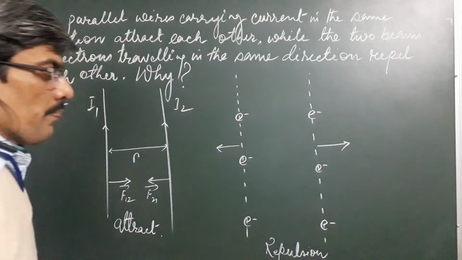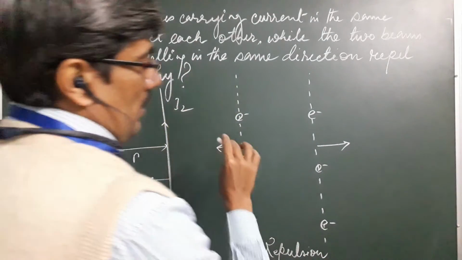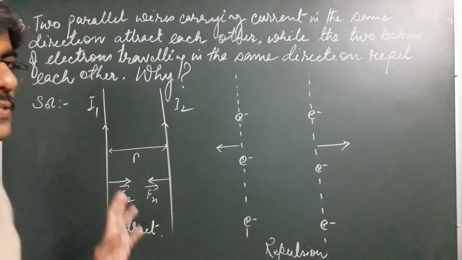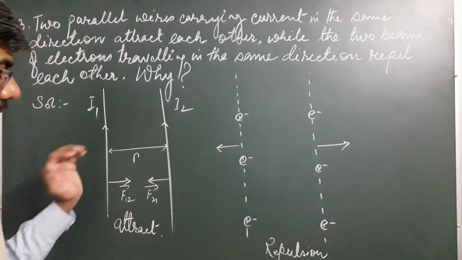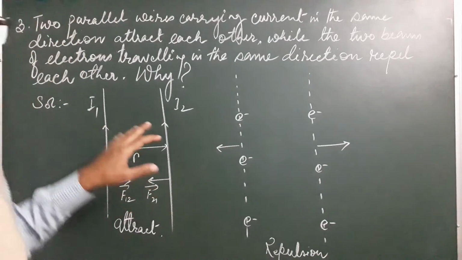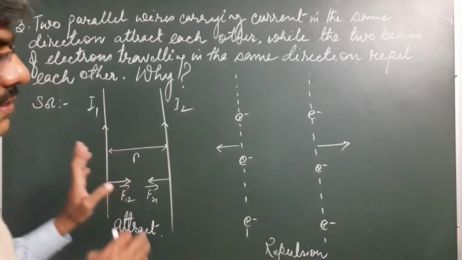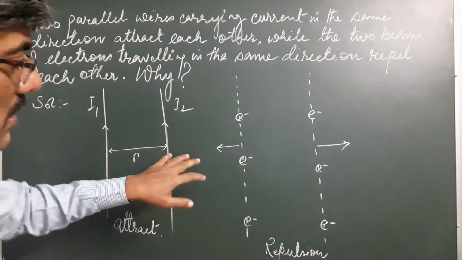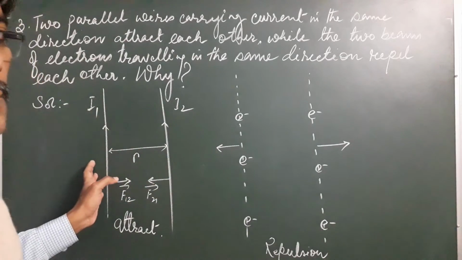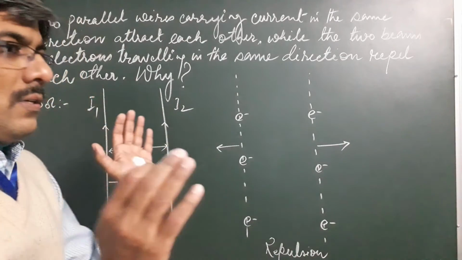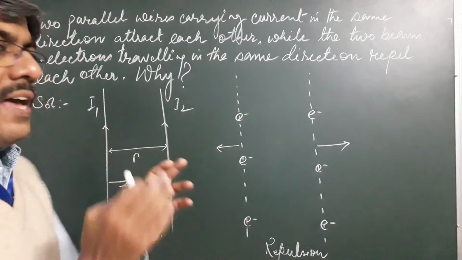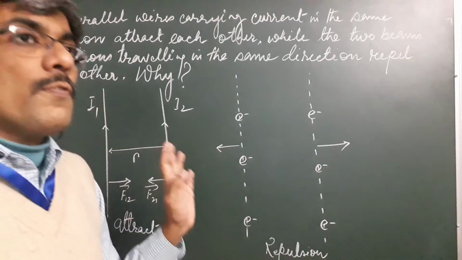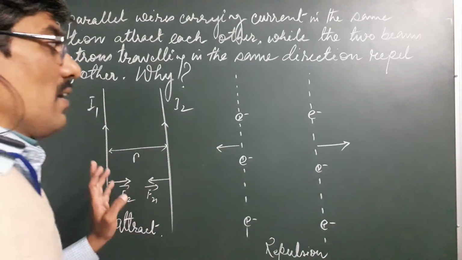Why is this so? See, here there are two forces that are acting in this case. Here there is a single force that is acting. In this case, it is the force of attraction due to the magnetic fields of each. That is, the first conductor is in the magnetic field generated due to the second, and the second conductor is in the magnetic field due to the current flowing in the first. So, they attract each other. Using those hand rules, you can find out that they attract each other. This is exclusively the force on current carrying conductors placed in a magnetic field.